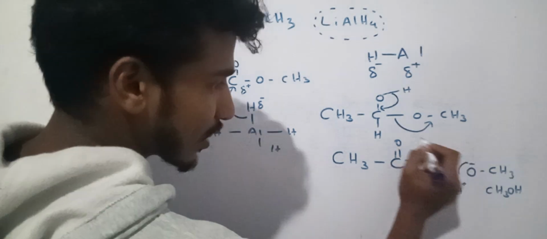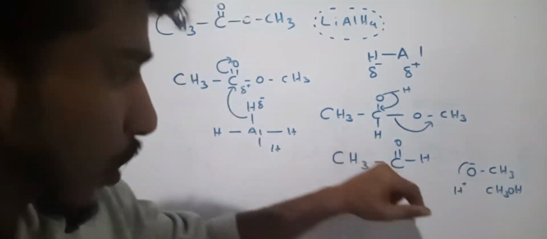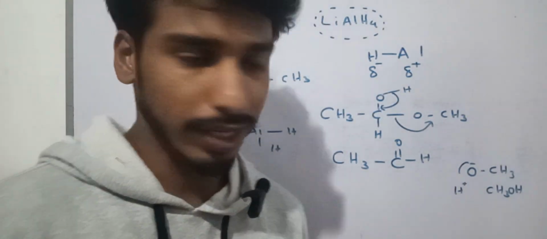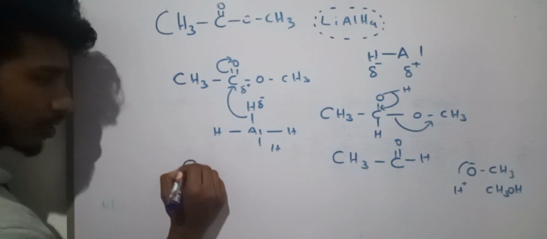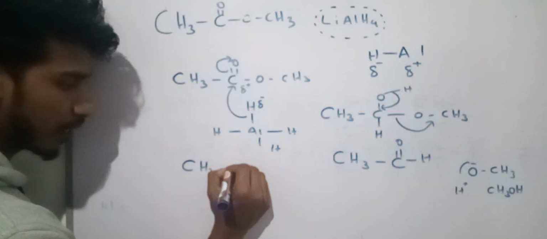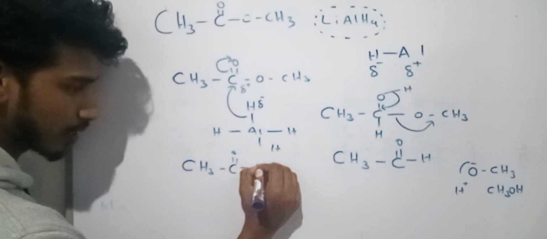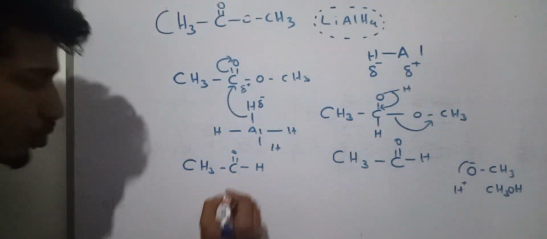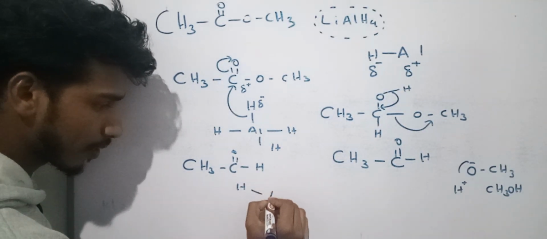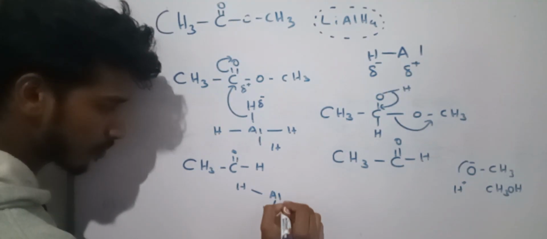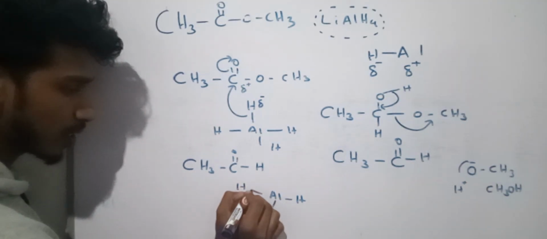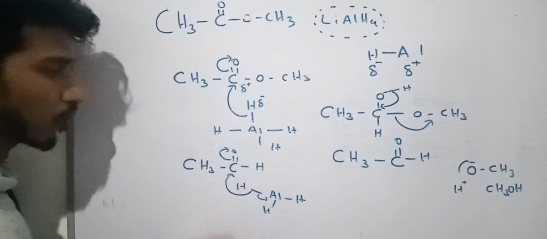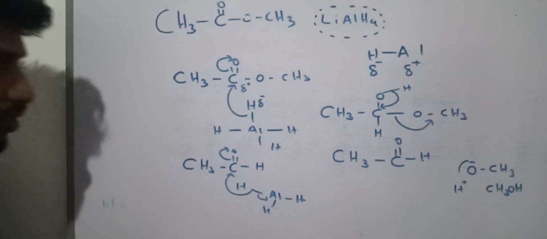But you can see there's still an aldehyde. So aldehydes are also capable of reacting with lithium aluminum hydride and sodium borohydride. So we have CH3 carbon double bond oxygen and a hydrogen. We can see that again the hydrogen is more electronegative, so it's going to approach this compound again. So this strikes onto here, causing the bond to break over here, which will eventually produce